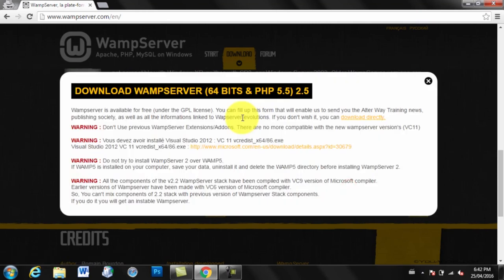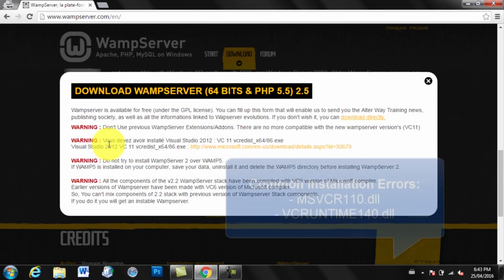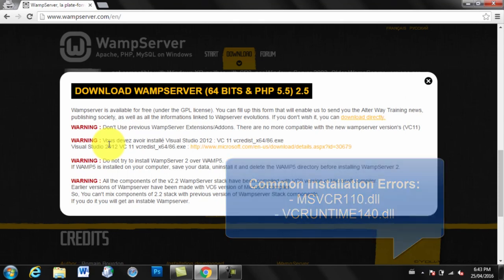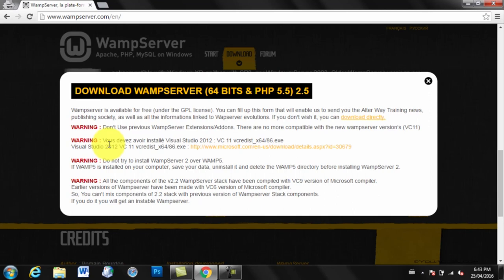This launches an alert box that provides some useful tips prior to downloading and installing WAMP. This second one here is very important. There are two common errors that occur during installation. The first is the msvcr110.dll file is missing. And the second error is vcruntime140.dll is missing. If you do get any one of these errors while installing WAMP, you'll need to download and